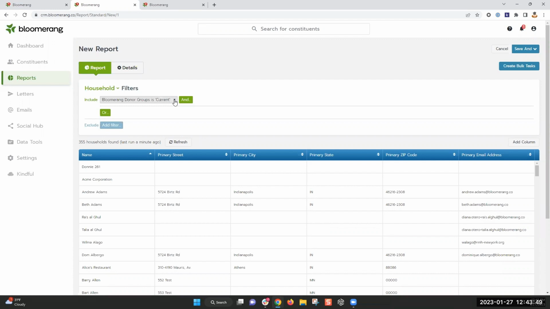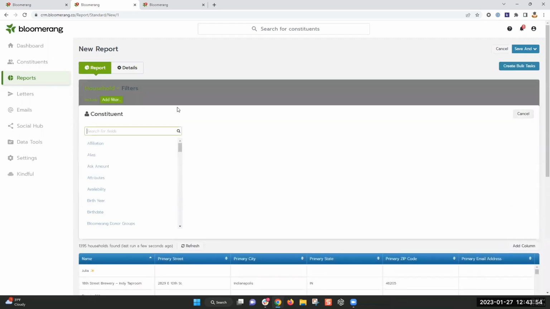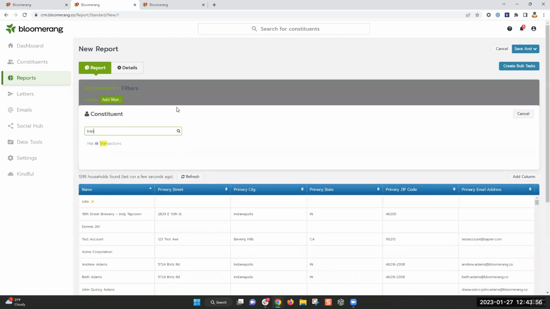Another thing I want to take a look at here, I'm going to take out this report, is filtering by financial information. A lot of us might already be familiar with our has transactions filter and going into specific transactions, for example, to filter by date or fund, campaign, appeal. But if you ever see any of those drop-down arrows, click on them and see what your options are. The calculated option here allows you to filter by cumulative giving amounts.